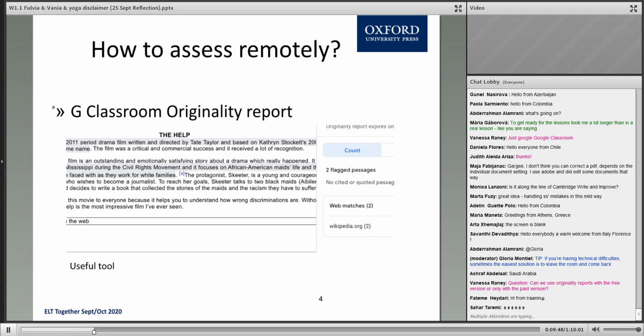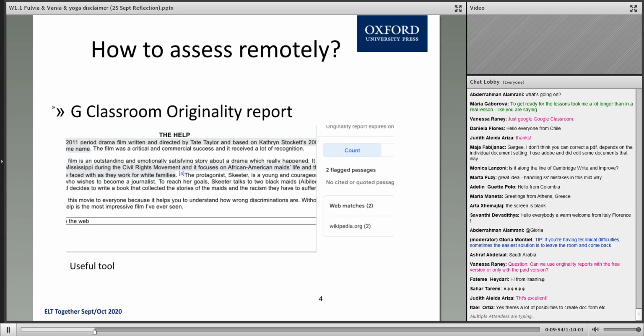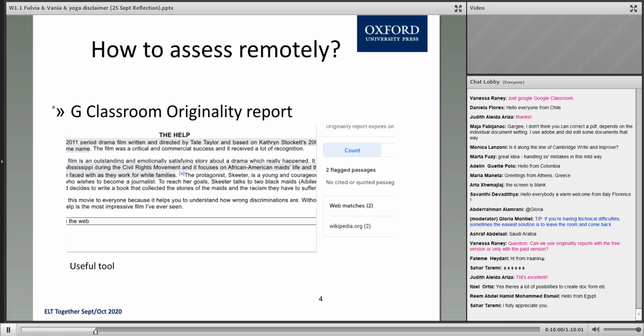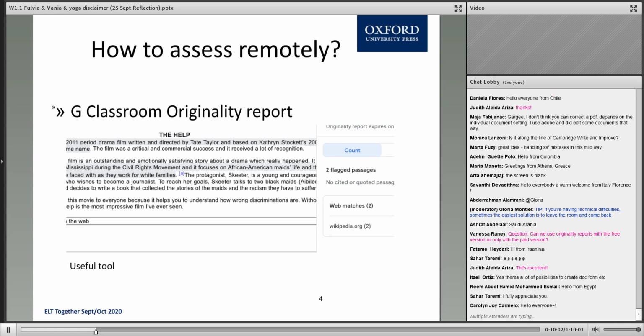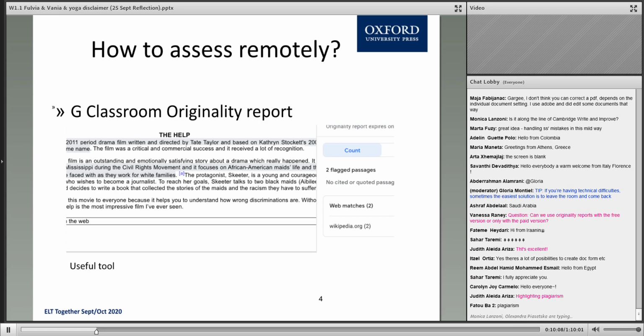You could use the web as a source for inspiration, for vocabulary, but I think that in this way it's just a way to show the students that it's no good copying and pasting. If you want to quote, okay, you had better write it by yourself.